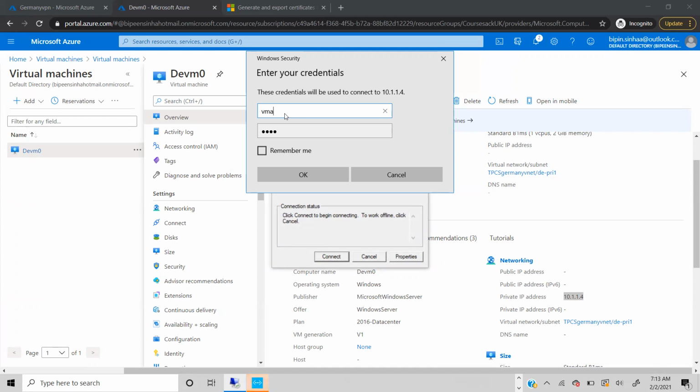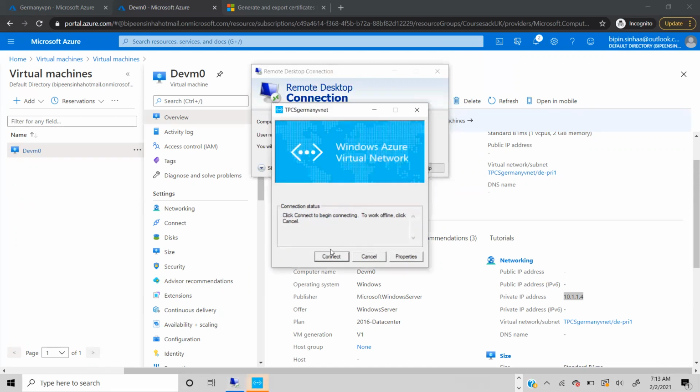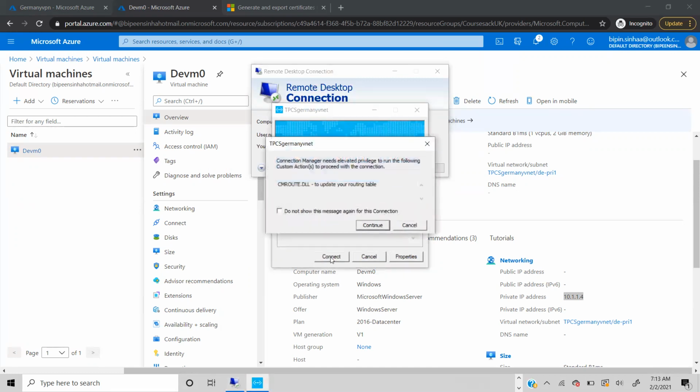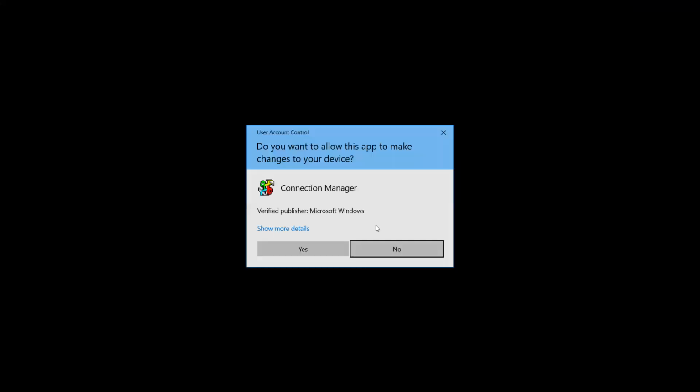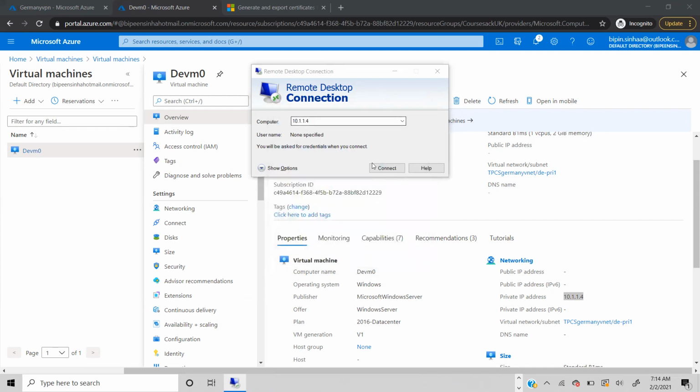No, I think that your VPN is disconnected. So now hit connect.